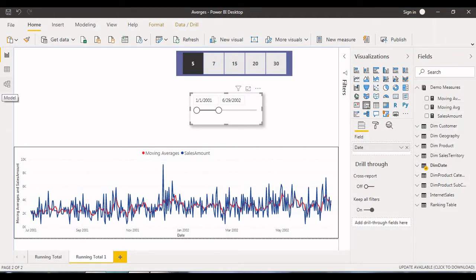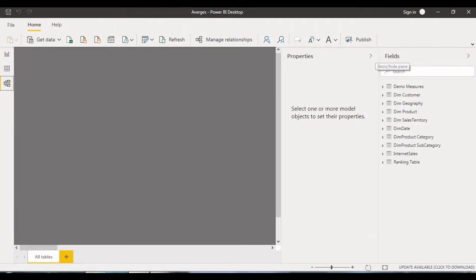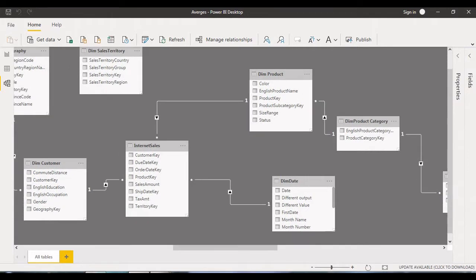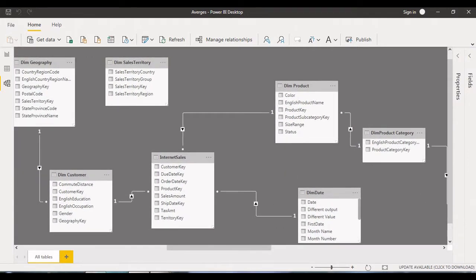Go to the model, collapse these two, scroll down a little bit. Now we can see that I have already enabled the relationship between the dimensions and the fact. For example, if I place the mouse over here, we can see that based on this product key, I have enabled the relationship between the product table as well as internet sales.